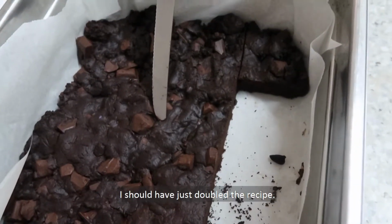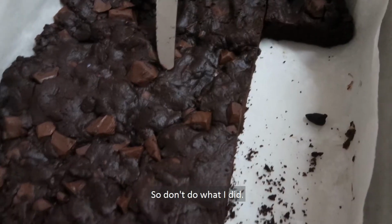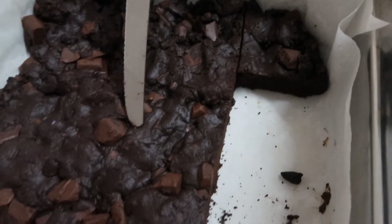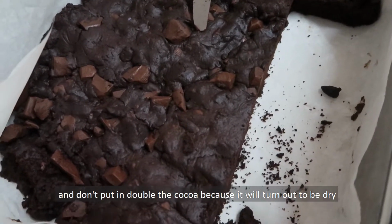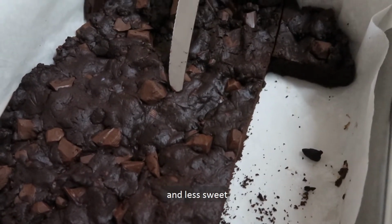I should have just doubled the recipe. Regrets. So don't do what I did. Make sure you follow the recipe properly. And don't put in double the cocoa because it will turn out to be dry and less